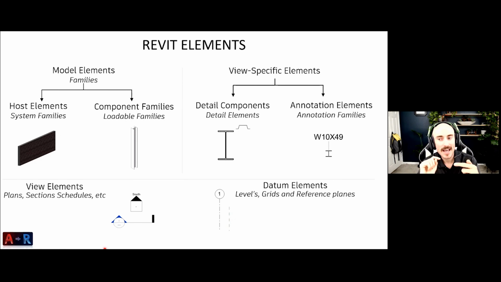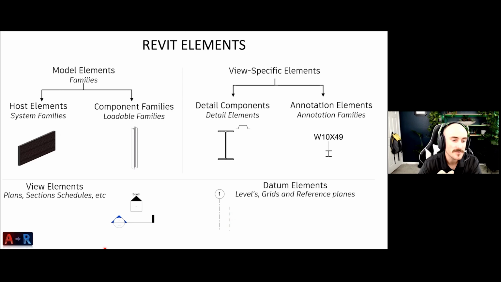So let's maybe have this parametric click now. What if I change the size to a W10 by 12? Will the tag update with it? It actually will, because it's a parametric family in terms of the column. And the annotation is grabbing the information from the column itself. So I don't have to go back through, double check, and remember where I changed this thing, or where else it was placed in my model or in my plan sets, I guess I would say, model more being towards Revit. I already know it's going to update the data specific to that when I change the size.